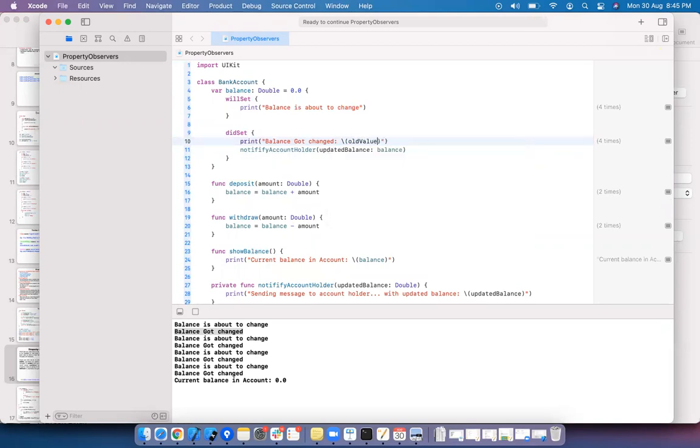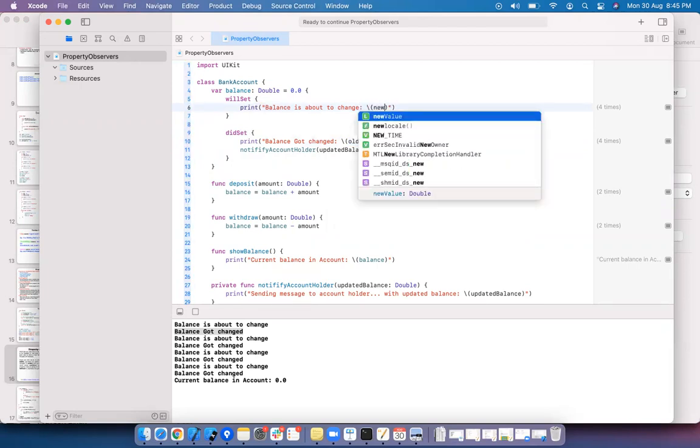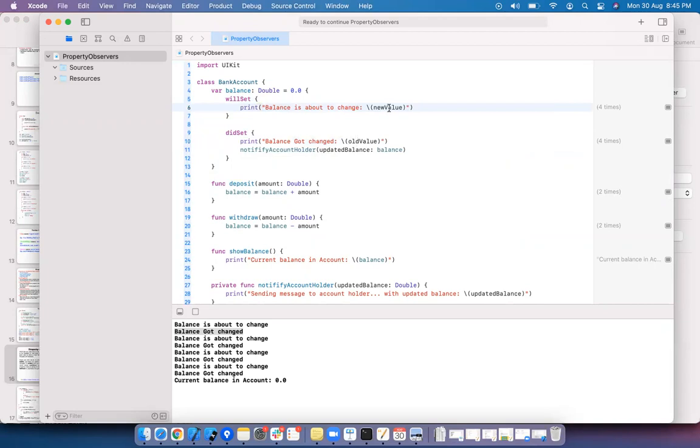Old value means from which value it is changed to new value. And here willSet means it is about to change to new value. These two properties are not declared, but in willSet you can access new value. In didSet you can use the old value.